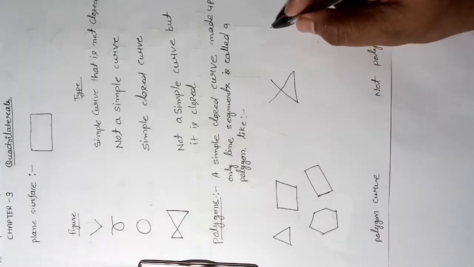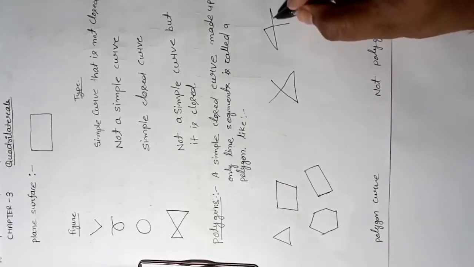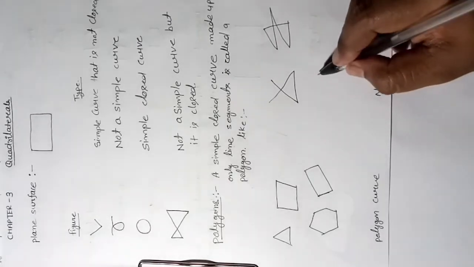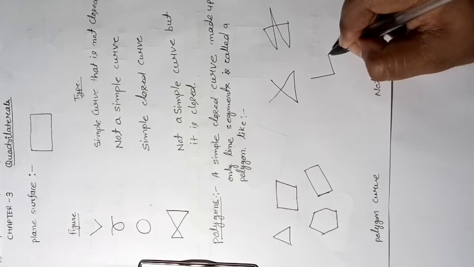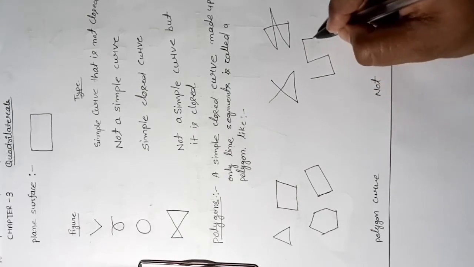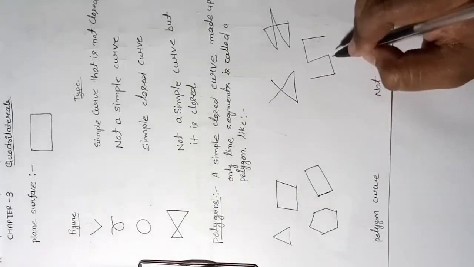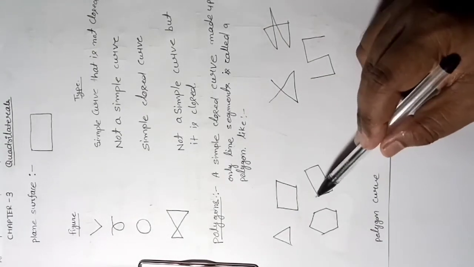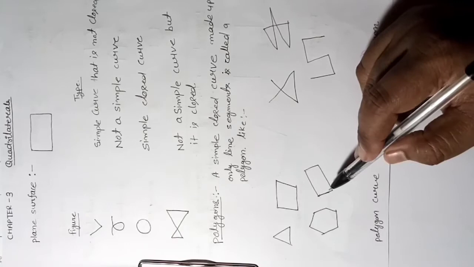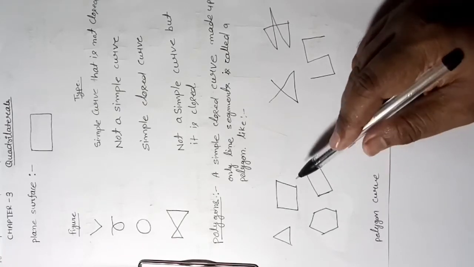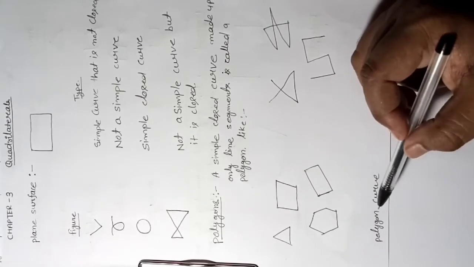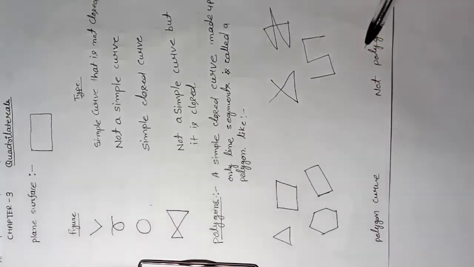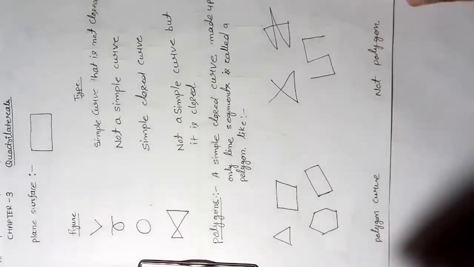Take some other examples, these kinds of things, all these. So these all are not polygons, right? Polygons are always closed, right, having their vertices, right? So this is a plain polygon curve, these are not polygon curves. So next move,